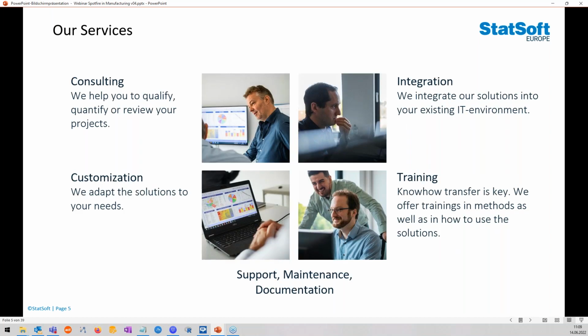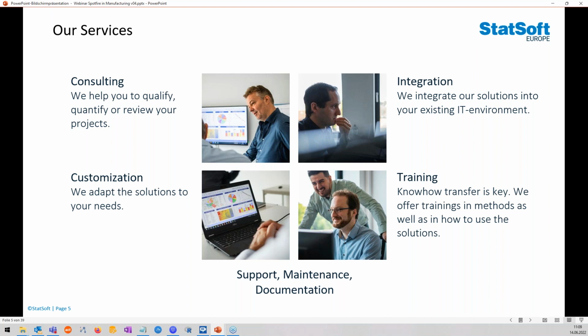So what is it what we're doing mostly? We're doing consulting, of course, so helping you, explaining things to you, working for you. We do integration and customization of software products, so especially TIBCO's product suite. Let's take Spotfire, for example.